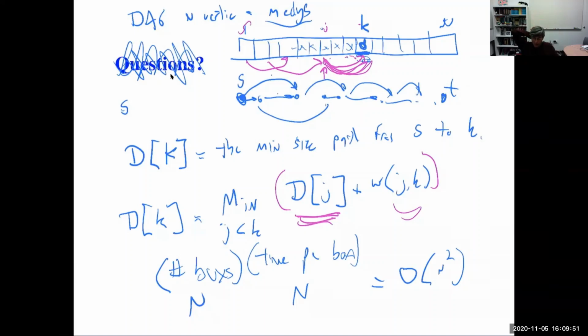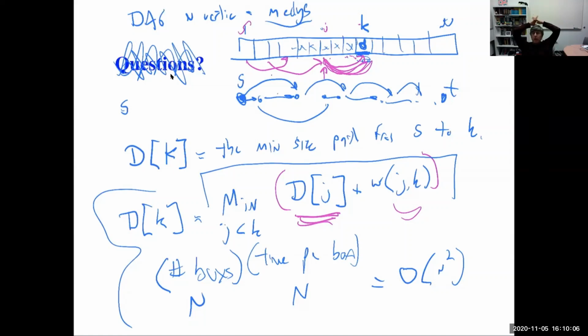But does everybody kind of see how this recurrence works? This is now a really simple recurrence, and it would find the shortest path in a DAG. Any questions about that? Any questions at all? Okay, so at this point,